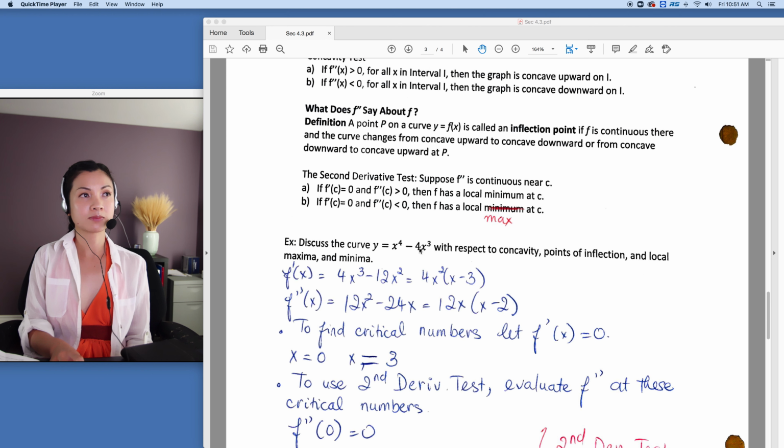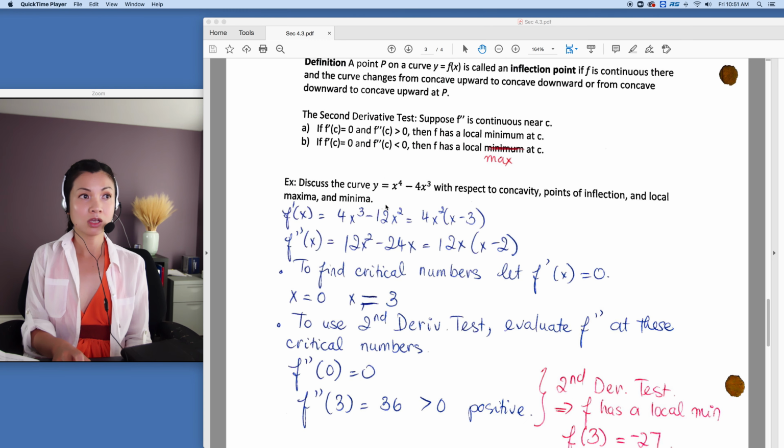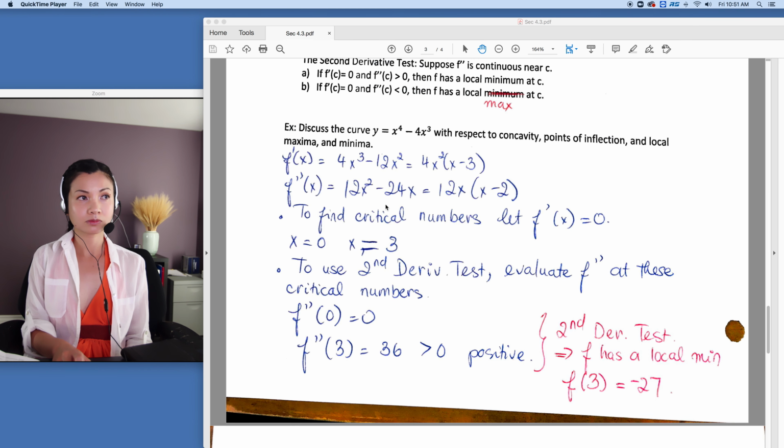Oh, by the way, I'm sorry, I skipped this part. Point B is called the inflection point. If f is continuous there and the curve changes from concave upward to concave downward, or vice versa, then we have the point of inflection. So you see right here,